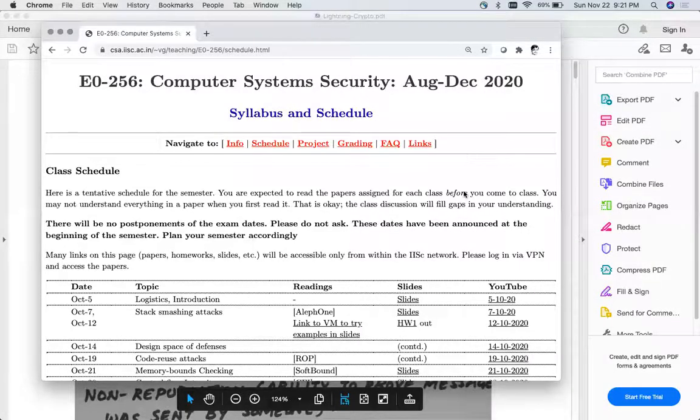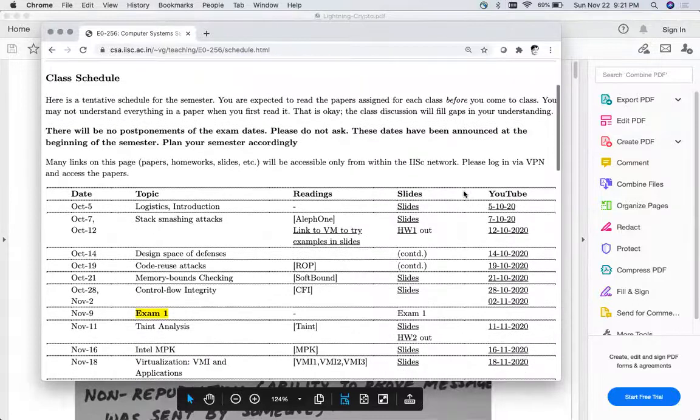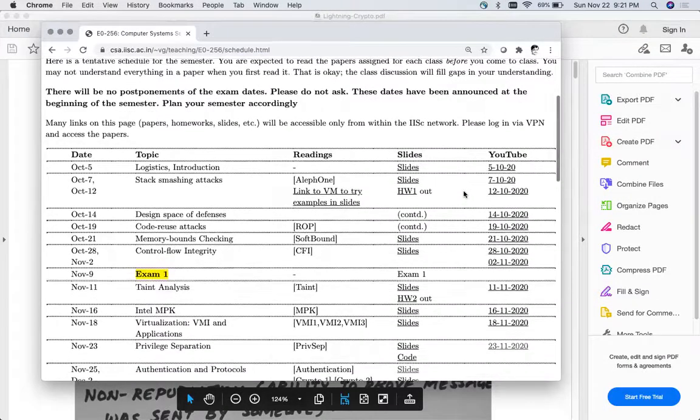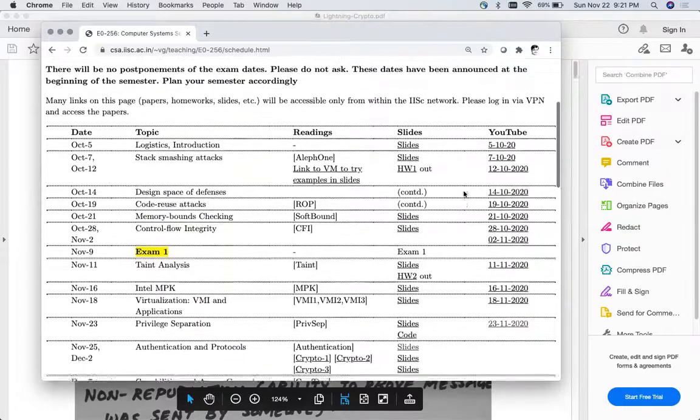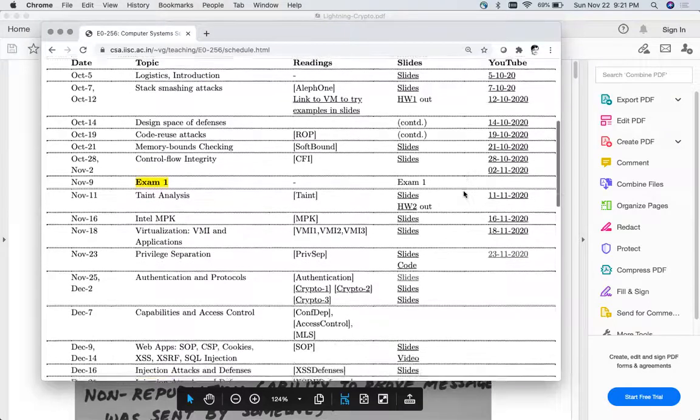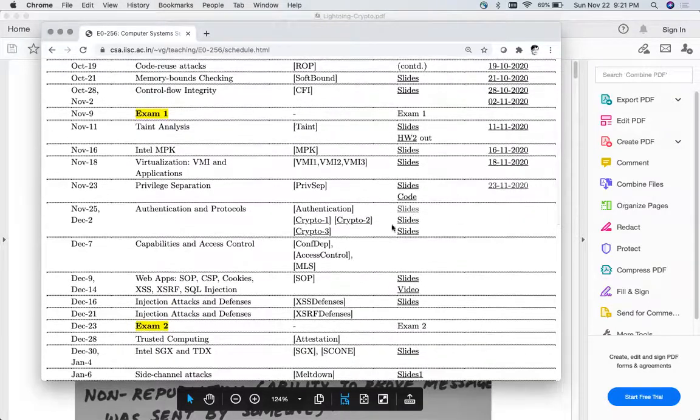Welcome, class. Thus far in the course, we have studied memory errors, ways to defend against some of these memory errors, as well as techniques for isolation and virtualization. So, today we are going to start a new module, and this module is going to be on authentication and protocols. In fact, this module consists of both authentication protocols as well as capabilities and access control,